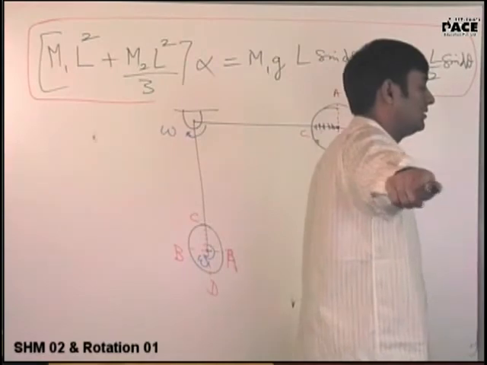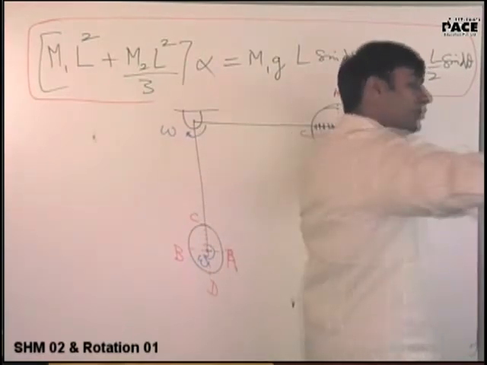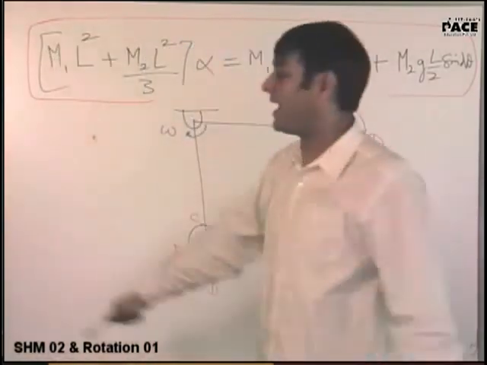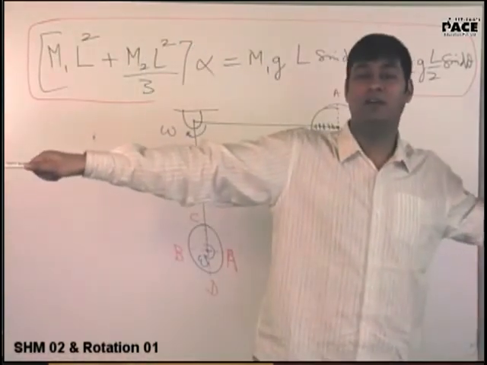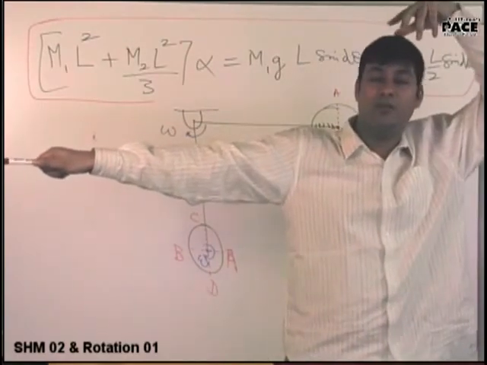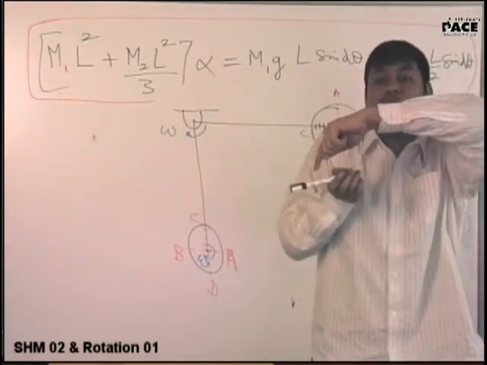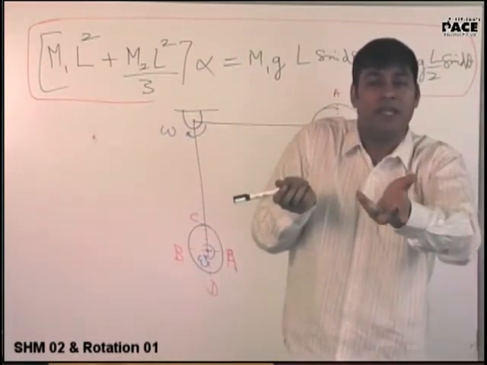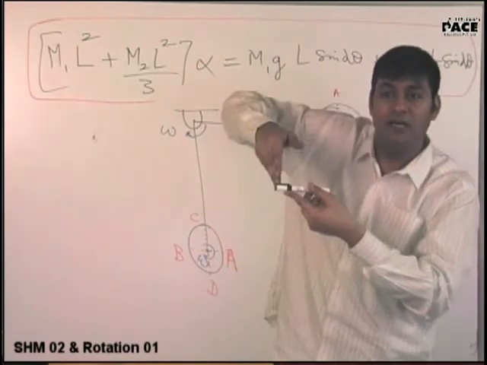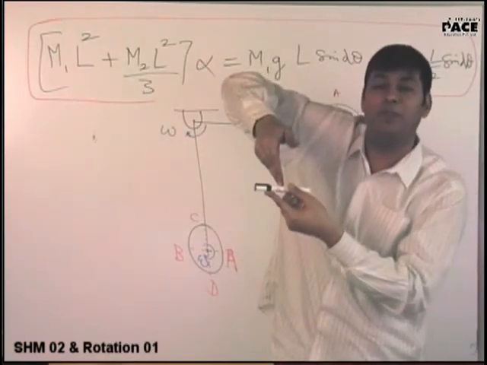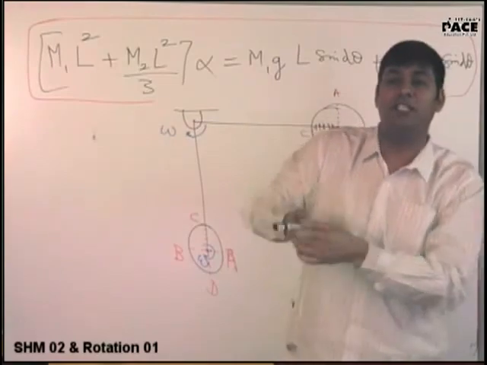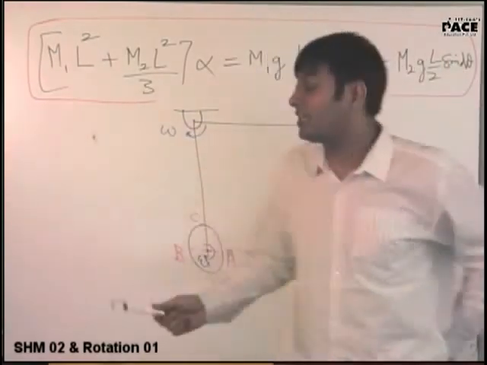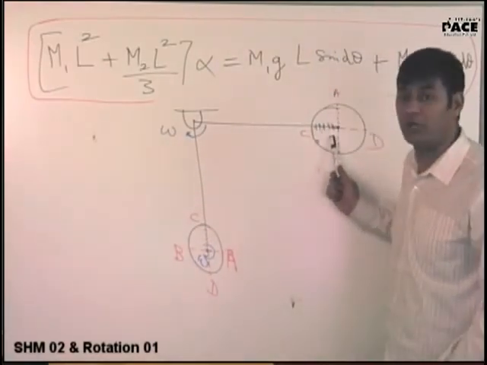How much? Pi by 2. Now I have rotated 180 degrees. Has the pen rotated? If I have rotated back, has the pen again come back? Yes. If my angular velocity is omega, what is the angular velocity of the pen about its own vertical axis? Omega. Rigid body theorem. Every point of the pen as observed from any other point on the pen will have angular velocity omega because it's a part of the same rigid body. So when there is welding, it's behaving like a rigid body.